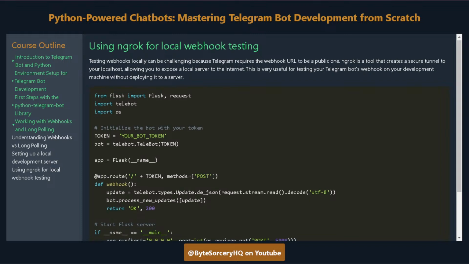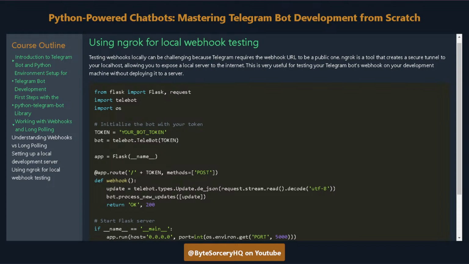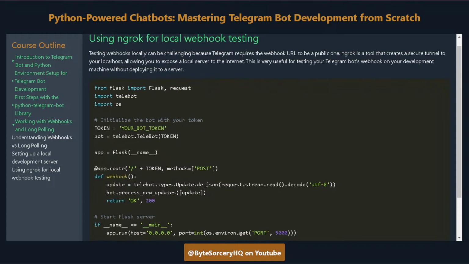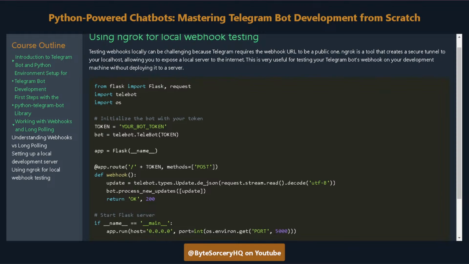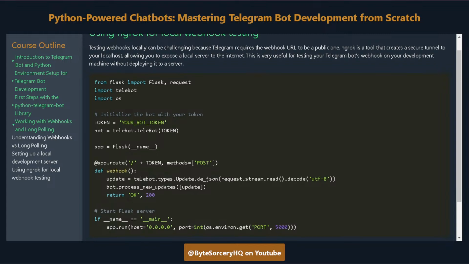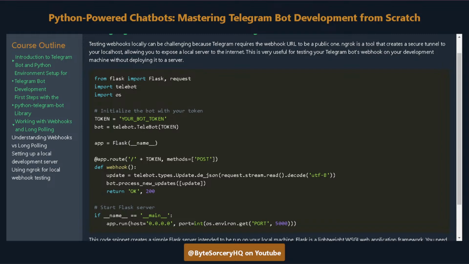Using ngrok for local webhook testing. Testing webhooks locally can be challenging because Telegram requires the webhook URL to be a public one. ngrok is a tool that creates a secure tunnel to your localhost, allowing you to expose a local server to the internet. This is very useful for testing your Telegram bot's webhook on your development machine without deploying it